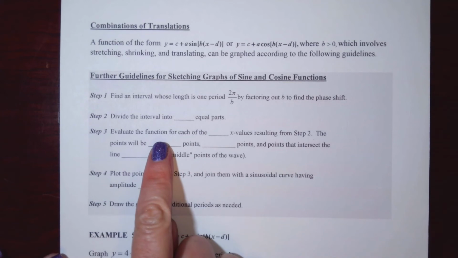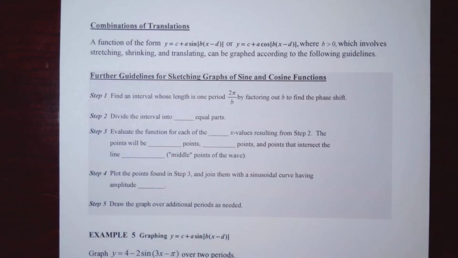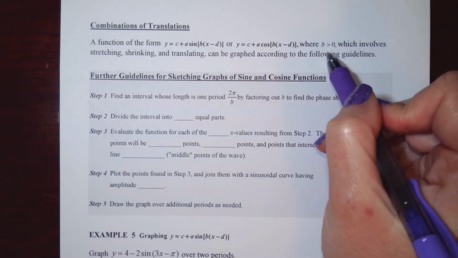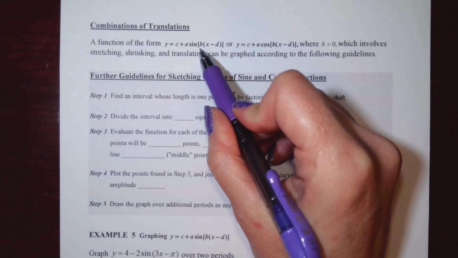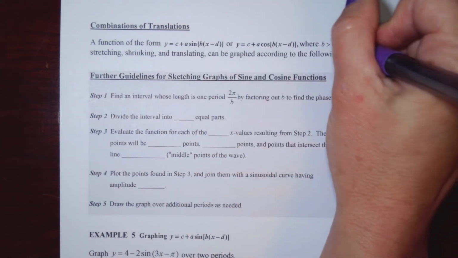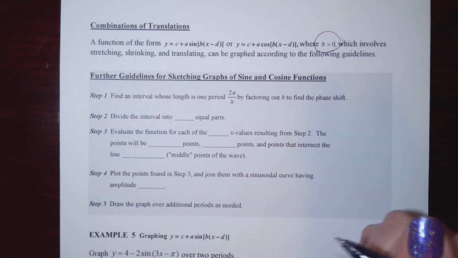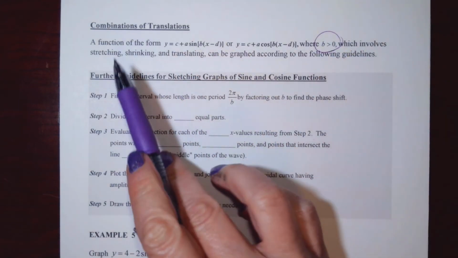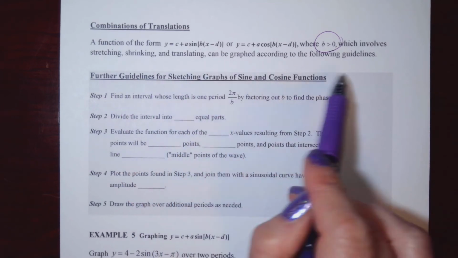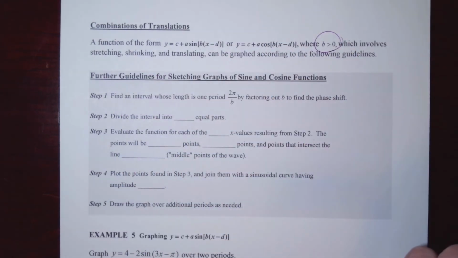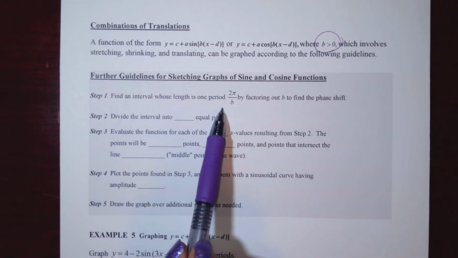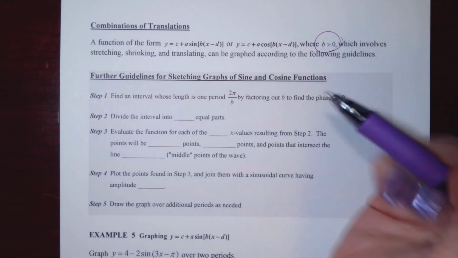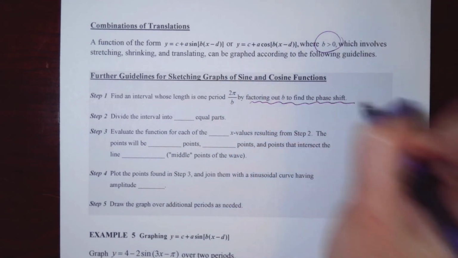Okay, combinations of translations. So when we are graphing sine and cosine functions, where b is greater than 0, so this value here, my period change, is going to be greater than 0, and we're going to keep that consistent for this semester. We're not going to do anything weird, no negative values for b, which involves stretching, shrinking, and translating. You're going to graph them according to these 5-step guidelines. First, you find the interval whose length is 1 period, 2 pi over b, and by factoring out b to find that phase shift, if you have a phase shift,